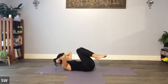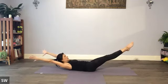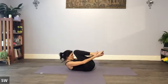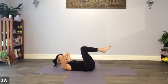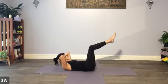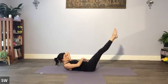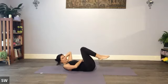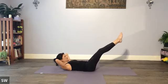For those who are a bit more experienced, you may take the arms overhead and we come to a full hollow into a crunch. Otherwise, for most of us, let's support the head, keep the shoulders relaxed, and focus on zipping up the pubic bone up to the ribs. So we want to keep this area really short, tight, like you're trying to zip up tight jeans. Then let's go for 6,